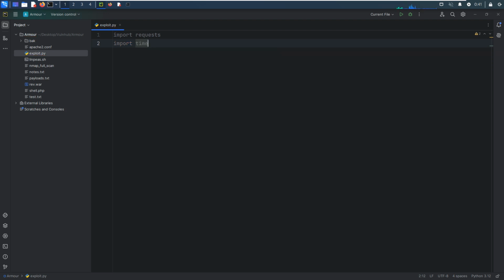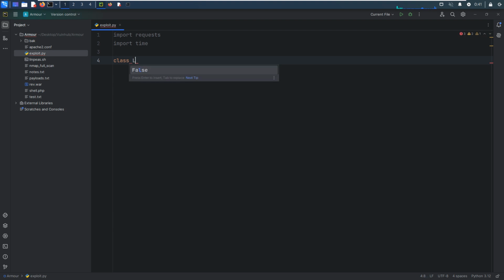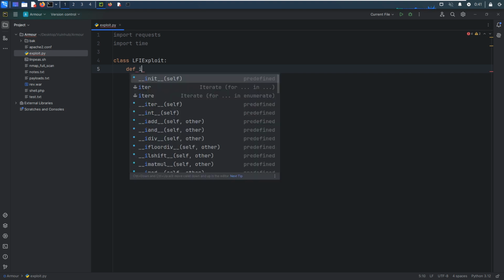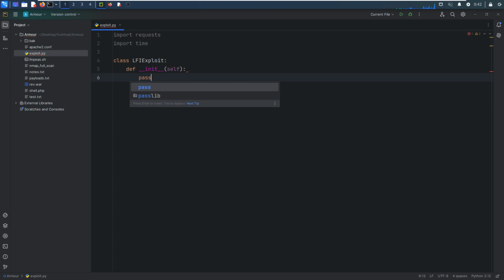Also, I'd like to take the OOP, or object-oriented programming method, to write this code. So class LFIExploit, and the first method would be init. For now, we just put pass.